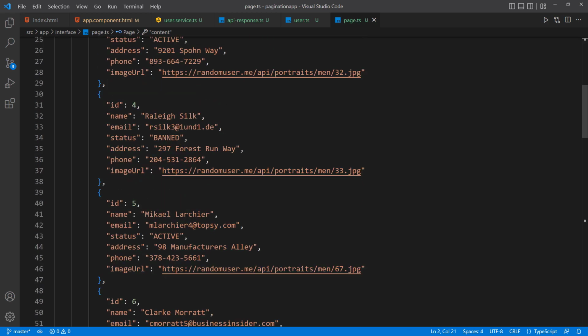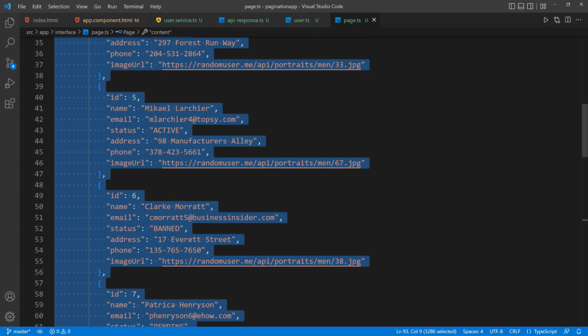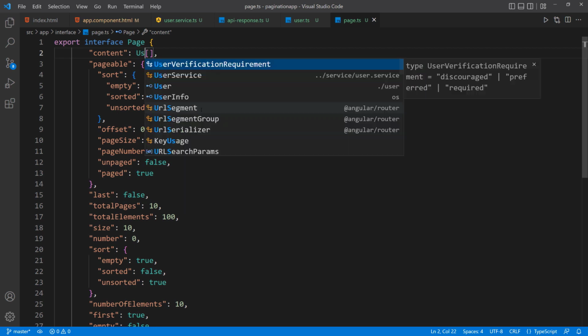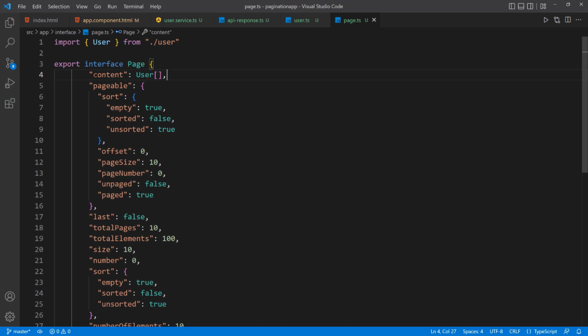So I'm going to select the beginning of the array to the very end of the array, so all of the users inside of it, and delete it. And then I'm going to say this is going to be an array of users. So I'm going to say User array and then import the user. Okay, so this is going to be the content. Now I want to remove all of these quotes, but I'm going to do that later, because when you have the quotes it helps you, because you see exactly what you're doing. But once I'm done, then I'm going to use the Visual Studio search and replace